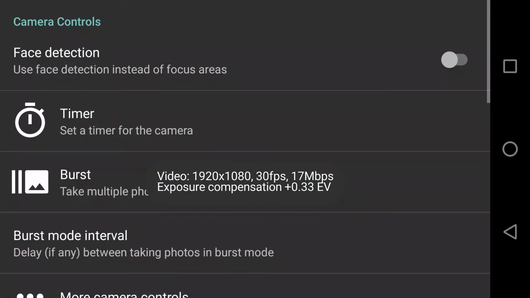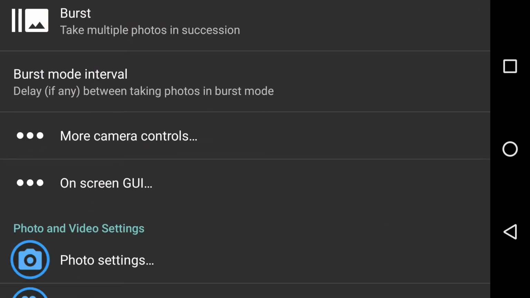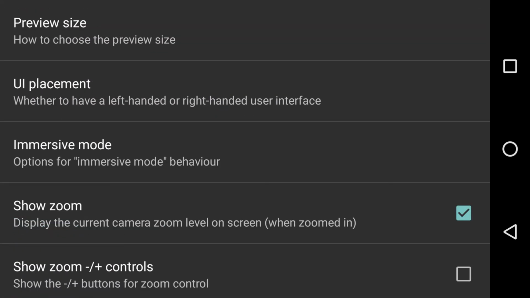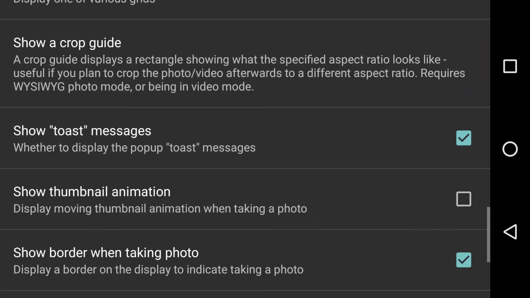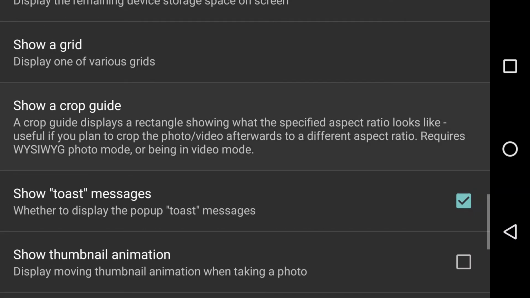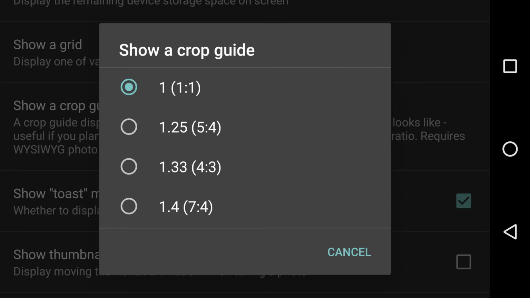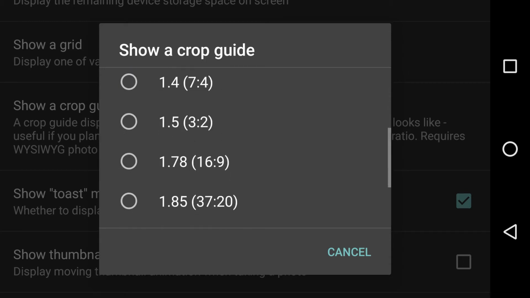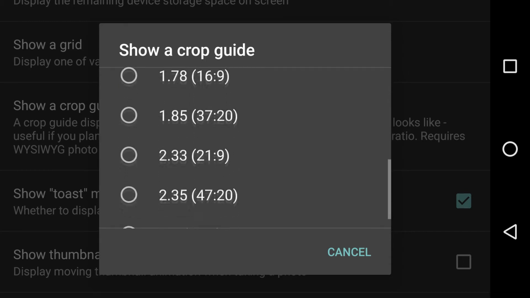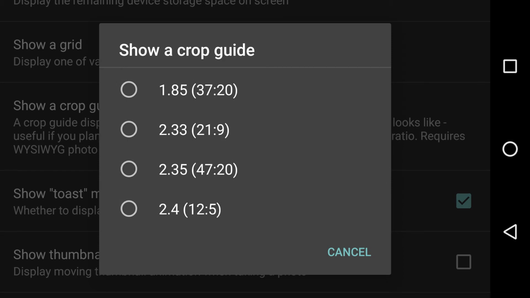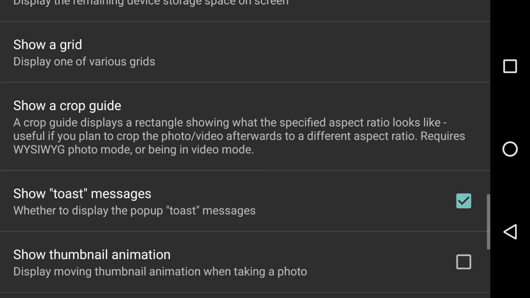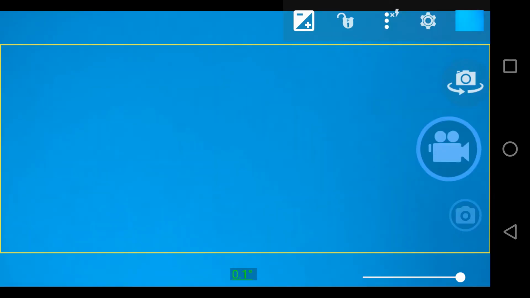The one I particularly like is if you go back to the on-screen GUI, go all the way to the bottom and just up a bit, it's just speed, isn't it, to look at a crop guide. Let's have a look at them in detail. We've got 5:4, 4:3. 4:3 is what I'm taking photos in. If I wanted to make a widescreen movie in 2.35, which is kind of like the widescreen letterbox, then the moment I come back, you can see that